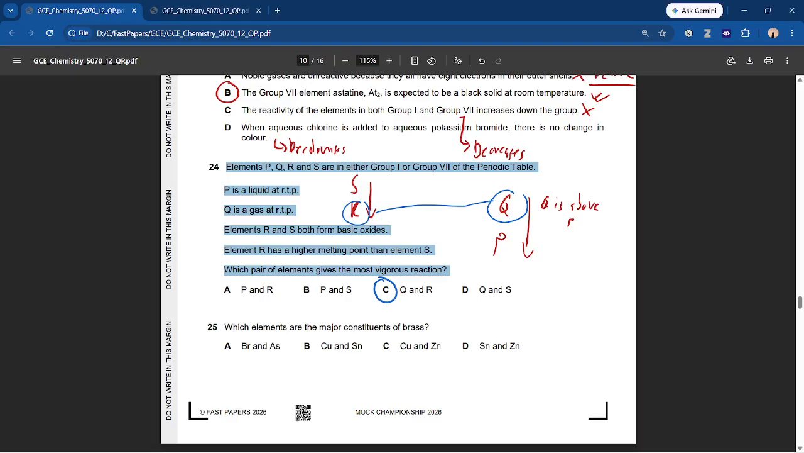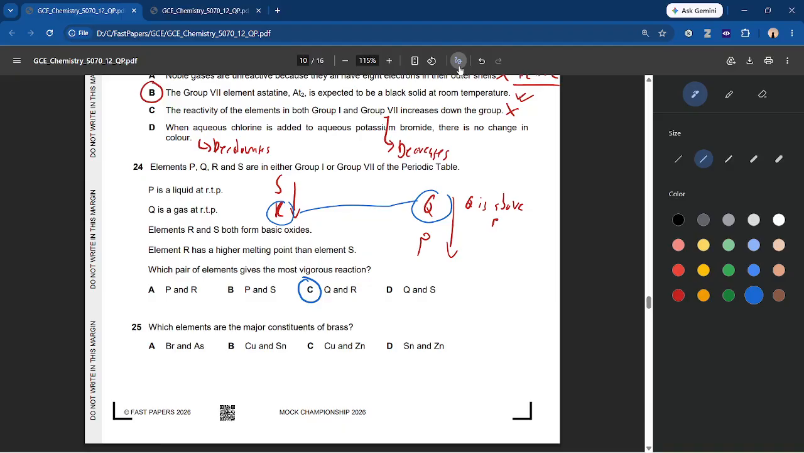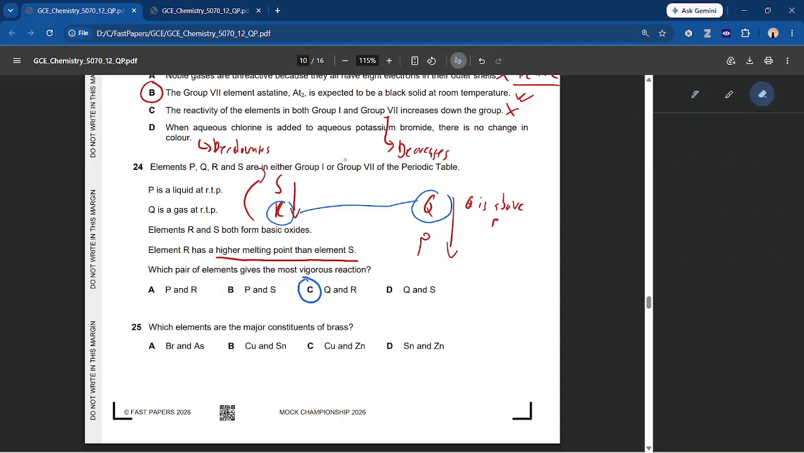Oh, actually, see, this is why I don't rush into questions. I was rushing into this question and I completely missed out over here. Element R has a higher melting point than element S. So that would place it actually above S. So the way this goes is actually going to be,